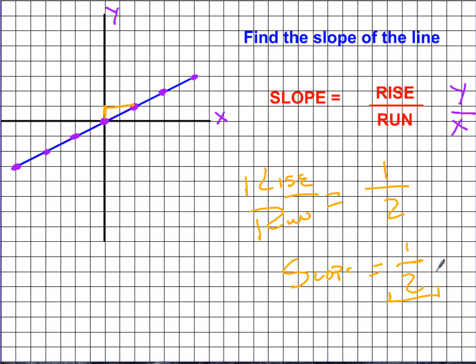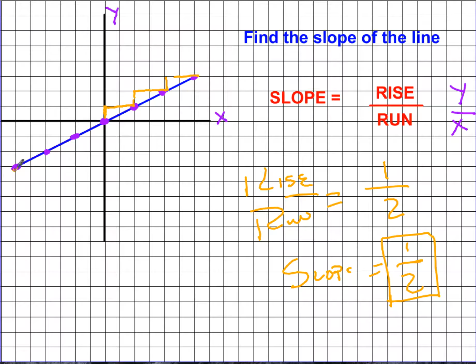And I'm done. That's all I have to do. Okay. Now if we check, is that true for all of these? So this goes up 1 right here over 2. Up 1 over 2. Now if I were to look at it from further points that maybe weren't right next